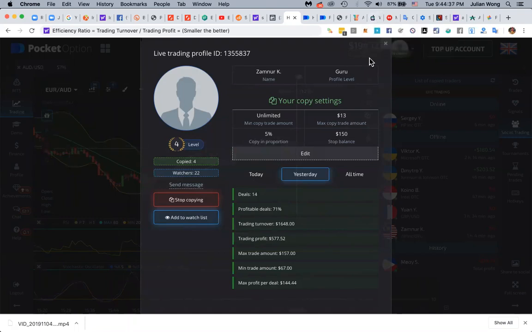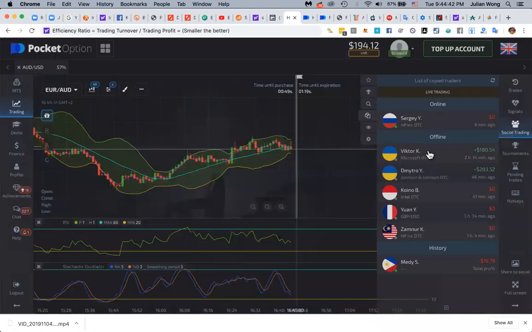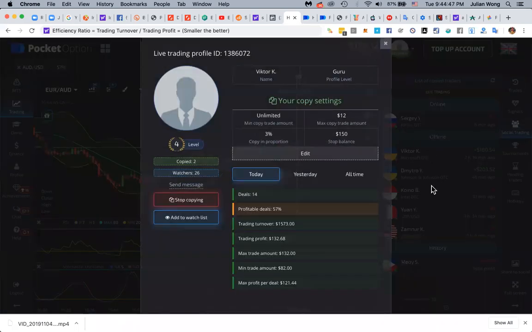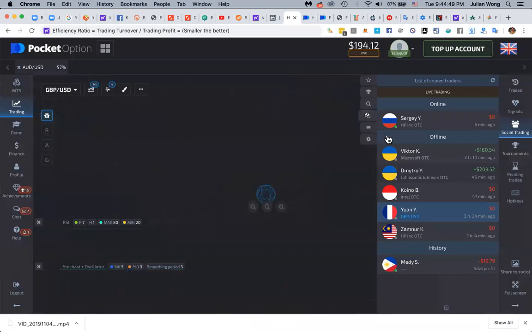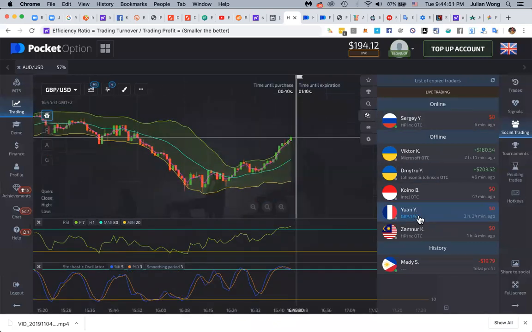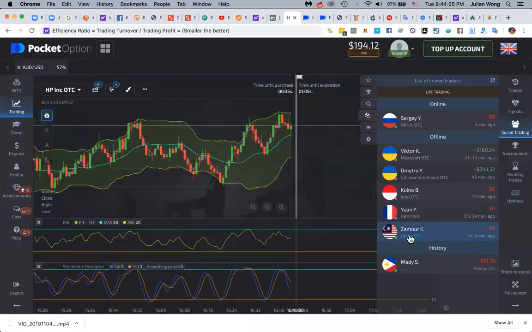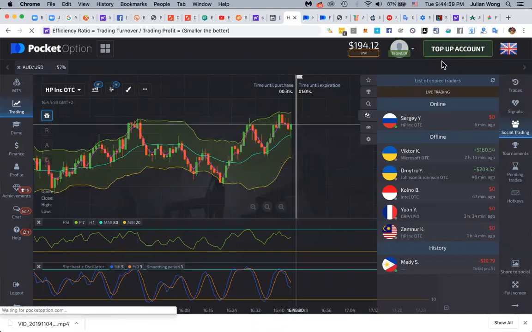Okay, there's one thing I haven't shared with you, which is that you start seeing on these accounts they have different kinds of account. This is Guru. This one, I think it's a pro account. Yuan has a pro account. And then, okay, I'll show you where to find all the account details. You're going to click on the top up.